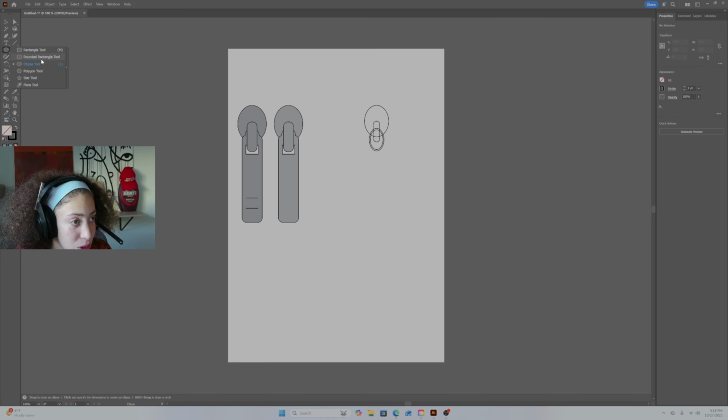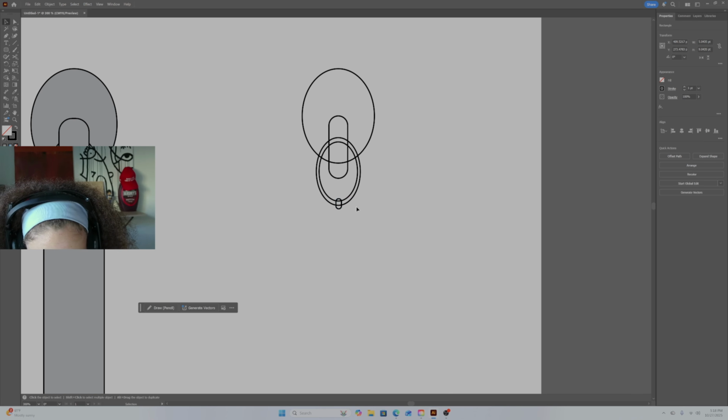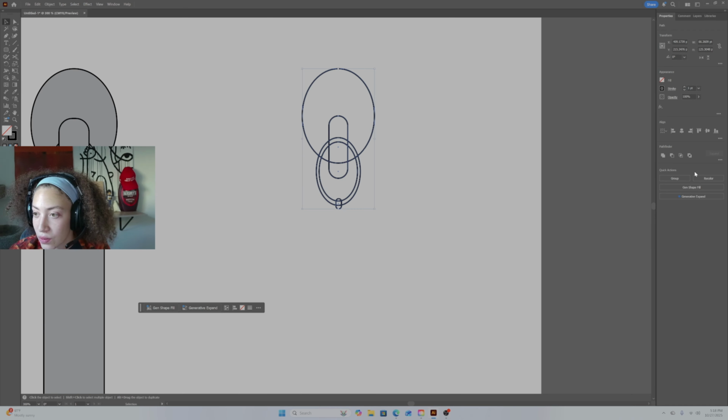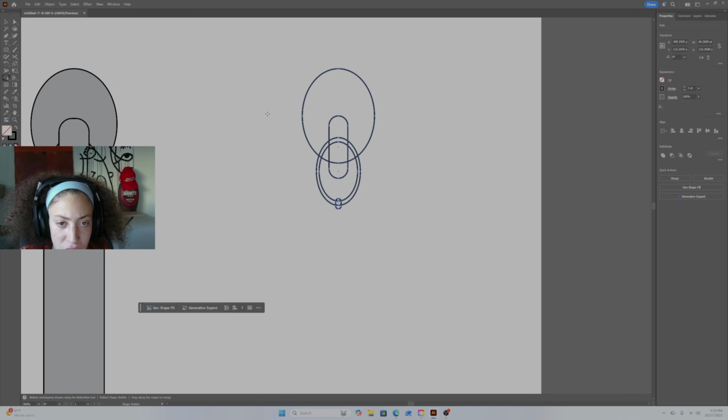Go back to the ellipse tool and grab the rounded rectangle tool. Let me go ahead and zoom in a little. Rounded rectangle tool, and this is what's basically going to hold the zipper head. We're going to select all of them, make sure they're aligned. Now let's go ahead and grab the shape builder tool and get rid of the strokes that we do not need. Right here. Here, these two,